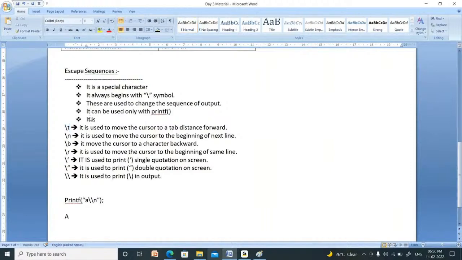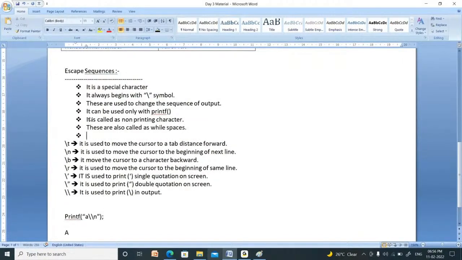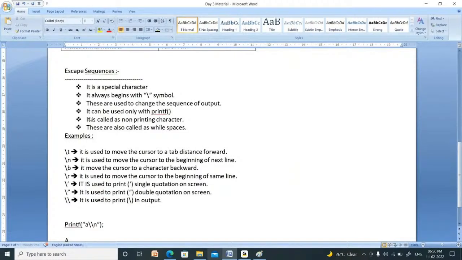These are also called white spaces, meaning nothing will be displayed on screen. These are the examples of format escape sequences we can use here, right?